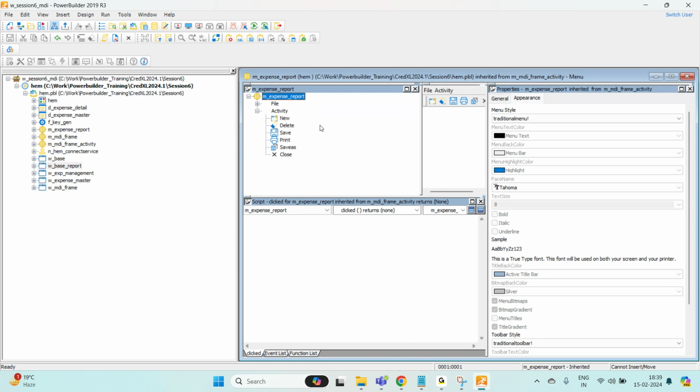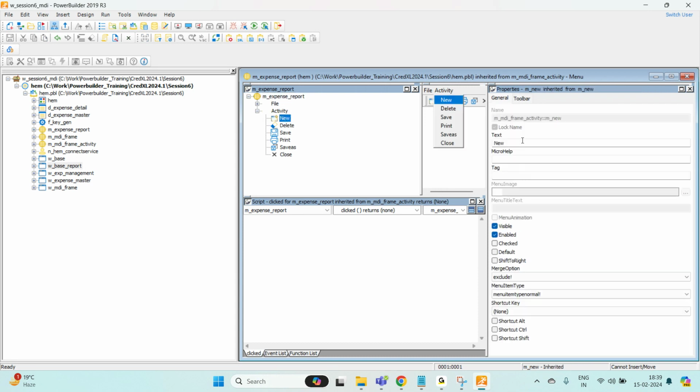Because we don't want this new in my report, visibility false, this delete, don't want this, and even the save is not available in a report. Print and save as will be there. Okay,